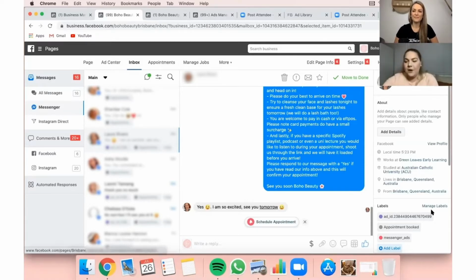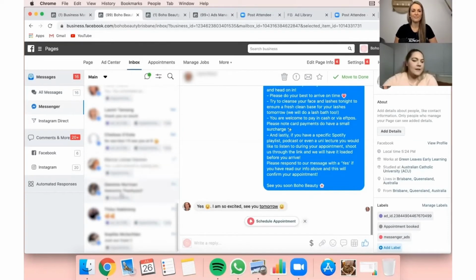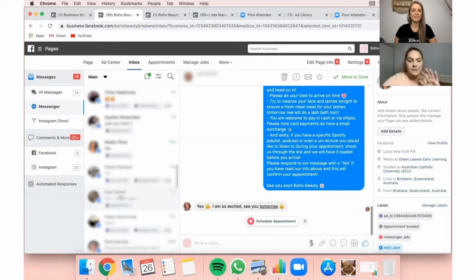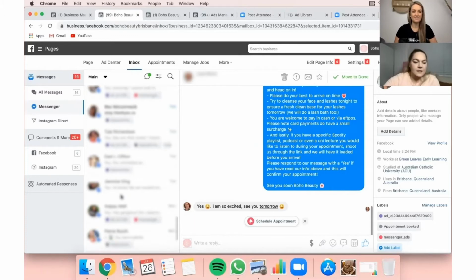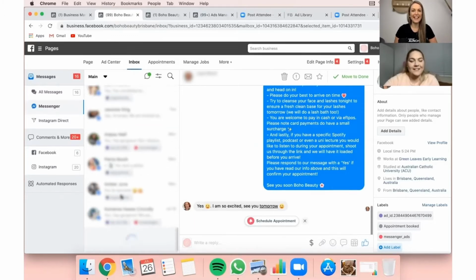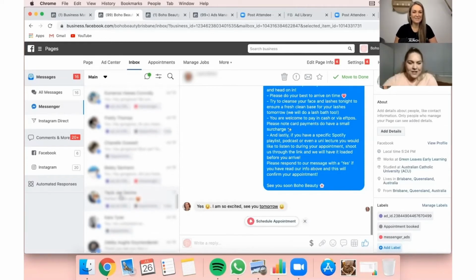You might also see down here on the right, it's got appointment booked, messenger ads, and which ad she came from. So if you're running, say, 3 different ads, it's going to tell you which ad that person has come from. You might see this person has an ad ID here. Bianca hasn't come from an ad, neither has Gemma. I haven't given surnames, so that's okay. But you can see as I scroll down through all these names, which is going to be fun to blur. I'm so sorry, Jade. Here we go, I'll pause it here so you can see.